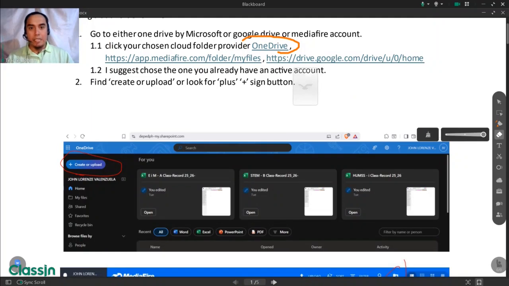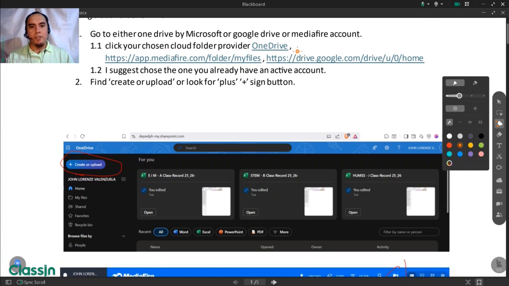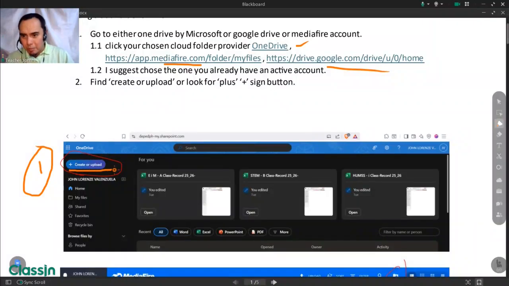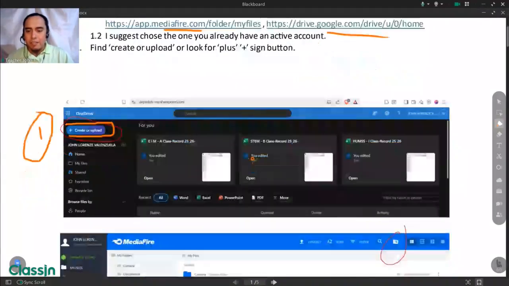So you can click which one you prefer to create or make a cloud folder online. It's either OneDrive, MediaFire, or Google Drive. So for example, the first one, this one, is OneDrive. If you see the create or upload button or the plus sign, you click it. Then,